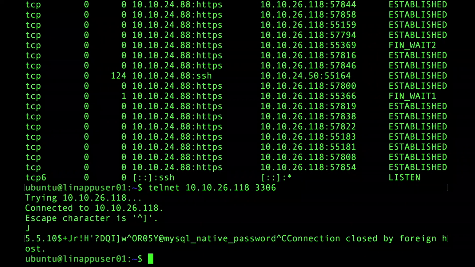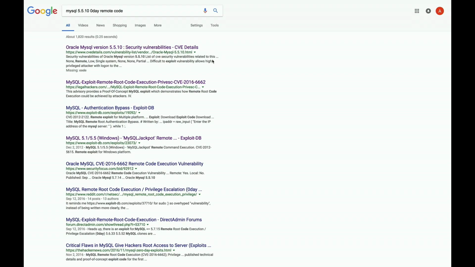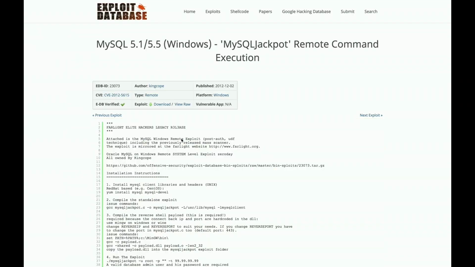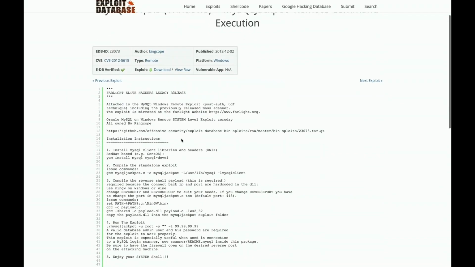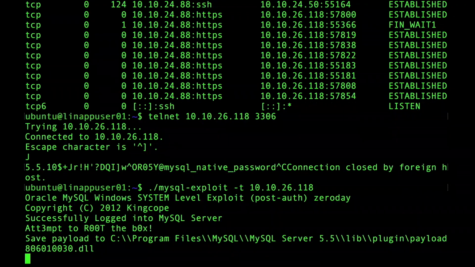Well, I mean, all roads lead to Google, right? So MySQL 5.5.10 0-day remote code. The fourth one in the list is something called MySQL Jackpot. It is from 2012. There's been plenty of time to figure out how to protect against this. And what we're going to do is download it, point it at the database, and see what it does. So when we do that,